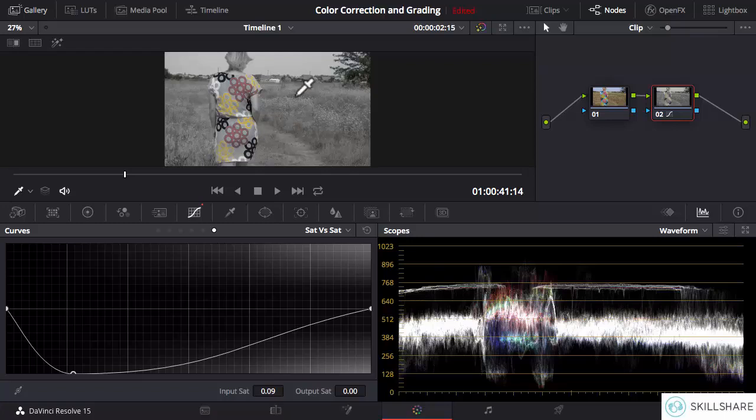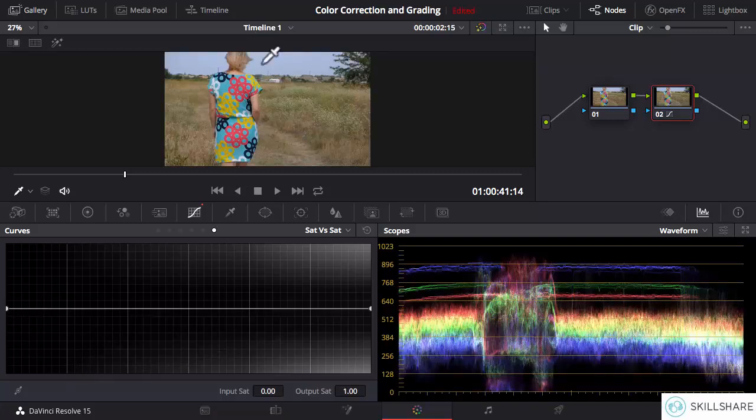But let's say we don't want to affect the whole clip. We want to retain the colors in her dress. So for that, let me reset that. And now when I click this sky, the whole color range is selected, but we want just a narrow range of the colors. We don't want these colors to be affected. So I can just click somewhere to add an additional point. So now this is the range that will be changing. So now if I grab this point and move it up or down,